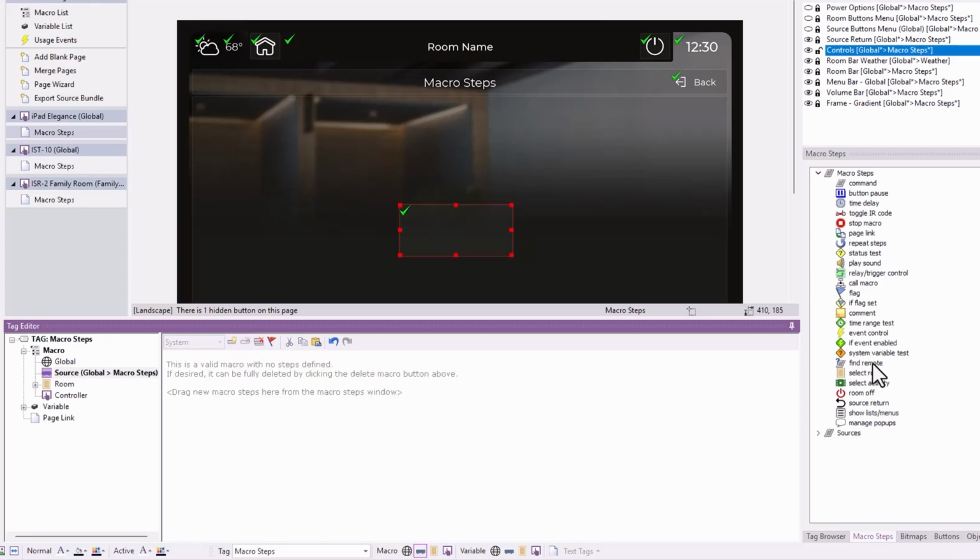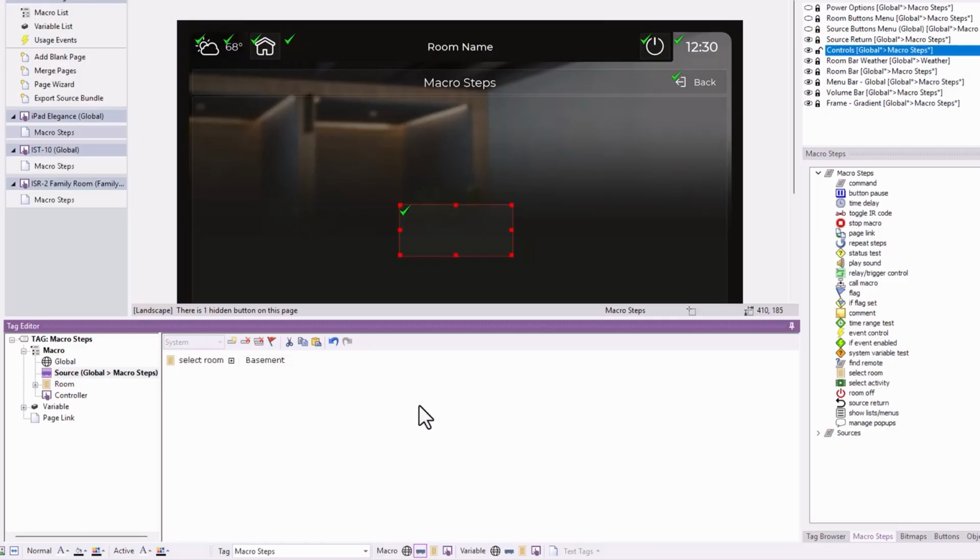All right, the rest, well, most of the rest, are going to be System Manager commands. I'm going to go over these a little quickly because we do cover a lot of this in our other trainings, but I'm going to try to go into as much detail as I can. Select room. So I can select a room from the dropdown, and this will tell whatever controller you're using that